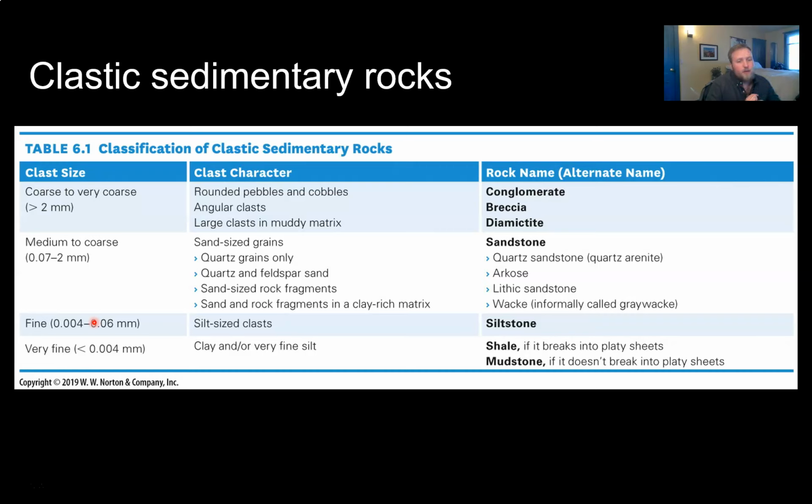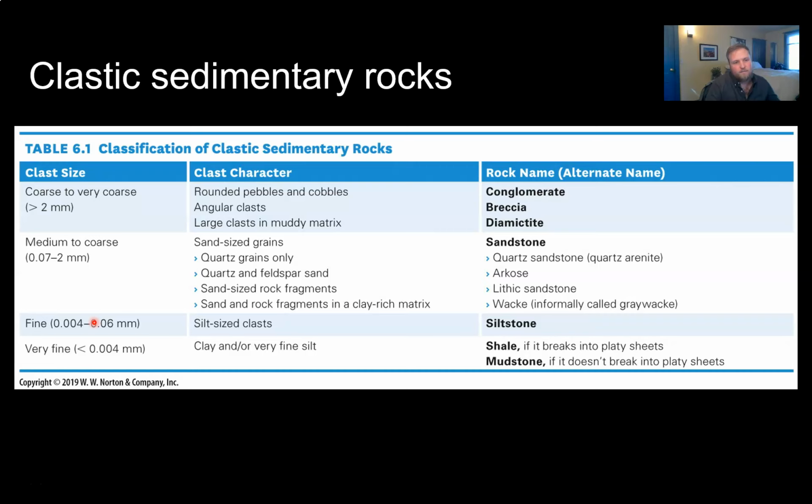And then if you have a sandstone, you could look at the composition of the grains. Is it all quartz? If it's all quartz, it's a quartz sandstone. If it's quartz and feldspar, it's an arkosic sandstone. If it's made out of other rock fragments that are sand-sized, it's lithic. And if it's made out of greywacke, which has mafic minerals and other rock fragments, and they're all sand-sized greywacke. Okay, so we can use this systematically to go out anywhere and describe the type of